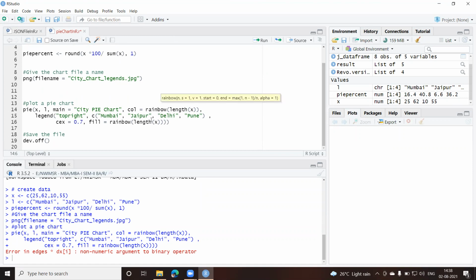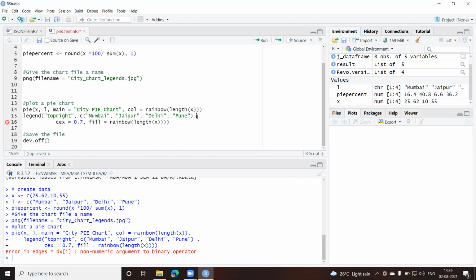So we have given x, we have given labels, then we gave the main function, then we gave col. I have to give this here. Okay, this gets over here. This is the legend, which is another function.